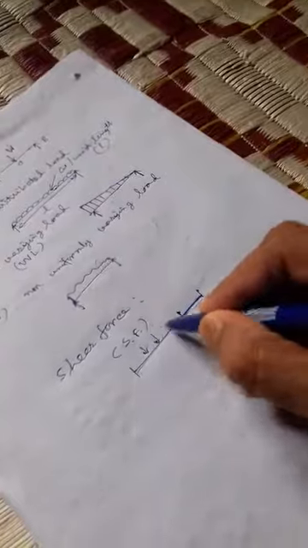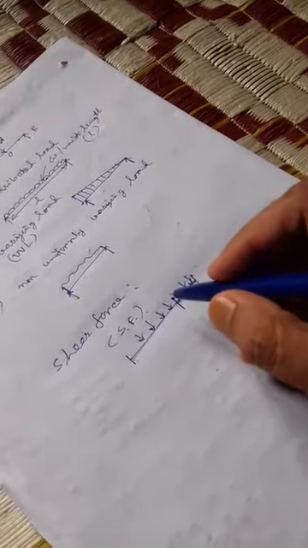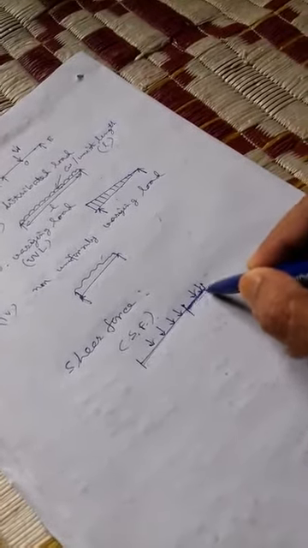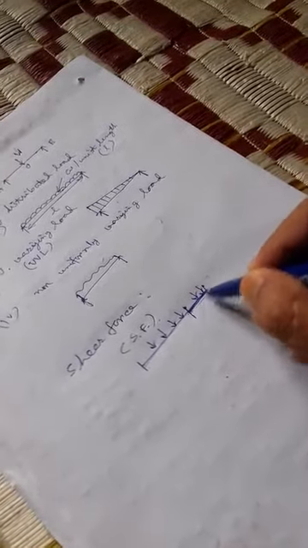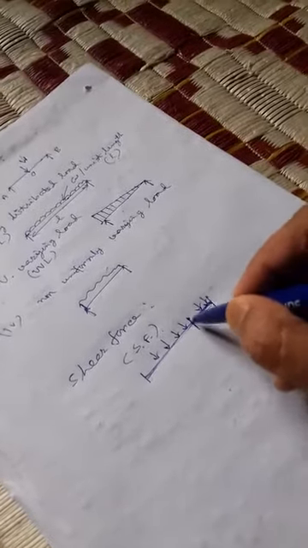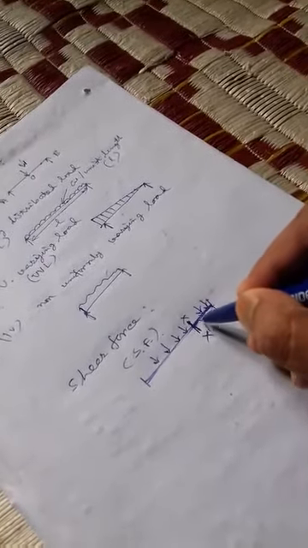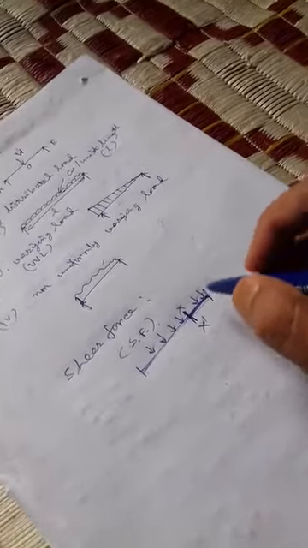All the forces are vertical. So the shear force at the cross section of a beam is defined as the unbalanced vertical force to the right or left section. Therefore, the vertical forces of this portion, or the vertical forces of this portion, to the right or left of the cross section. This is the cross section, X dash I may call. So the unbalanced vertical forces to the right or left portion of the cross section is called shear force. Short form is SF.